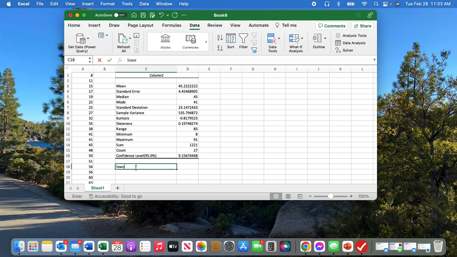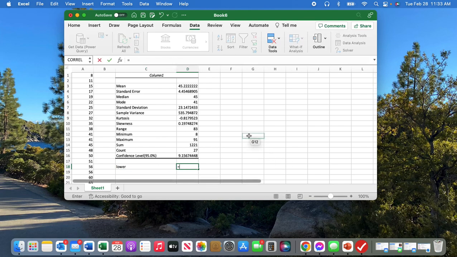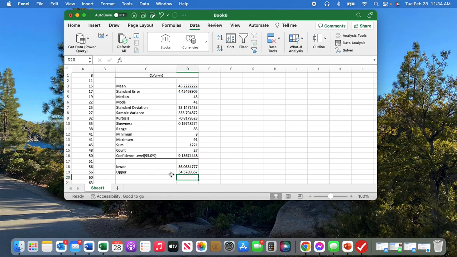So the lower level is going to equal our mean minus our confidence level, and our upper level is going to equal our mean plus our confidence level of 95%, and that'll give us the lower level of 36.